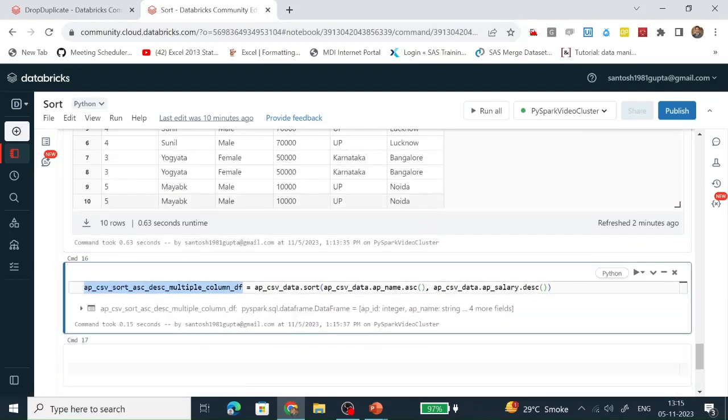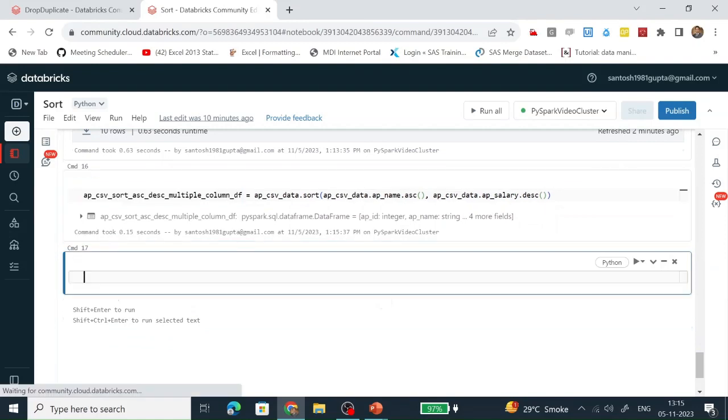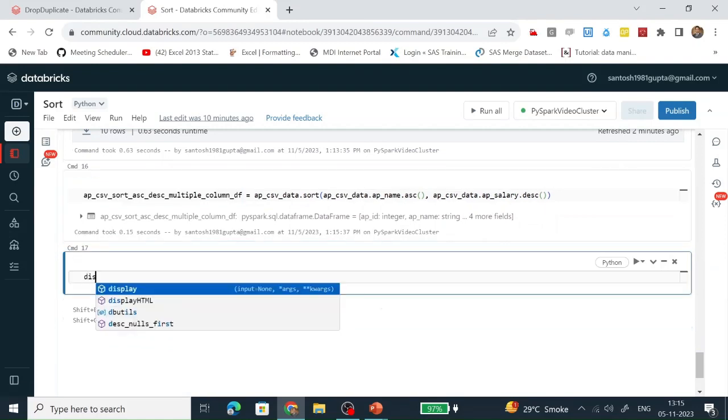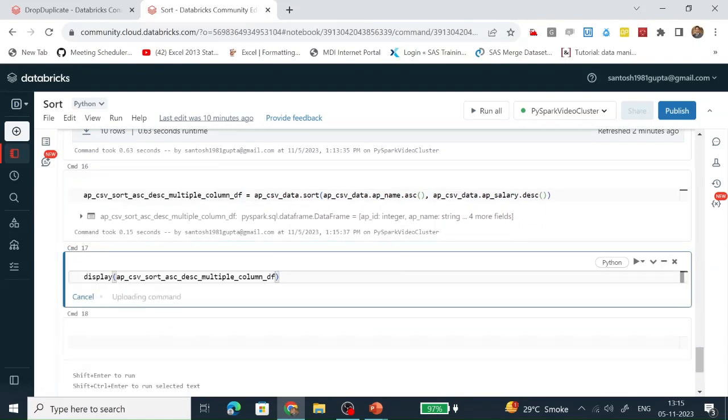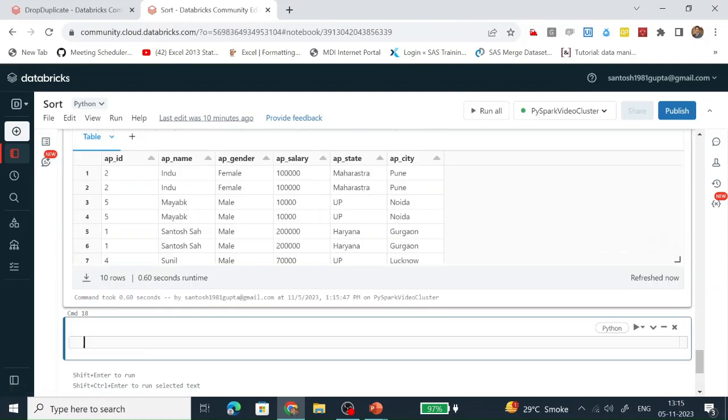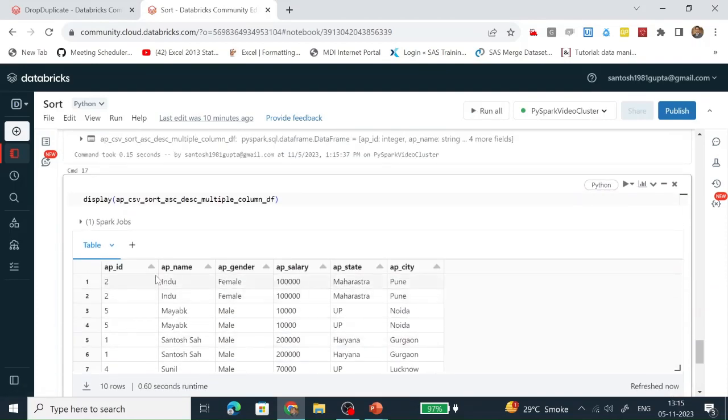This data frame has been created successfully. Let's see how the contents will look. We can see first it is sorted by name, ascending order. So AP name is text string type, so ascending will be from A to Z. That's why first I is visible, then M, then S. After that, it is sorting based on salary in descending order.